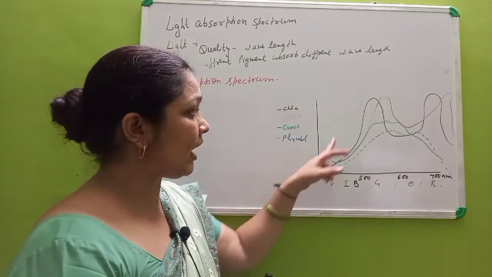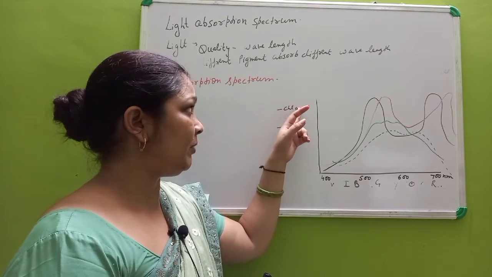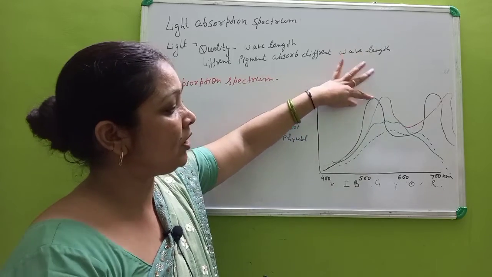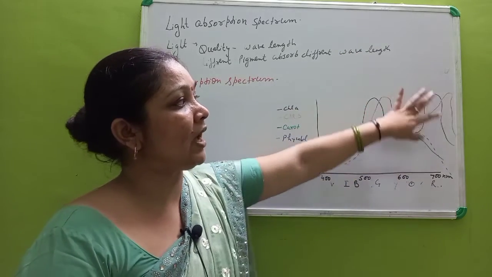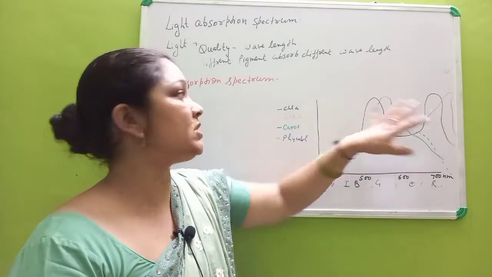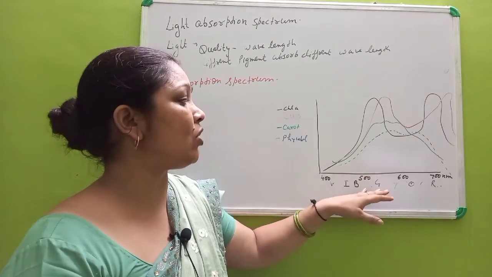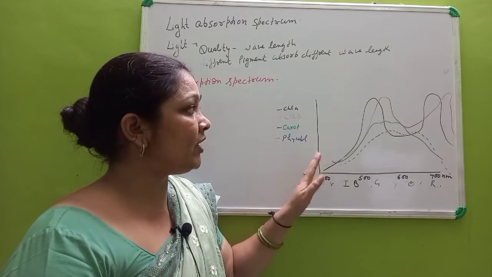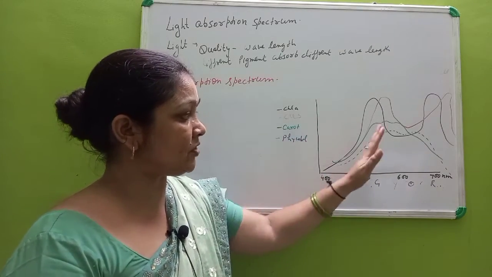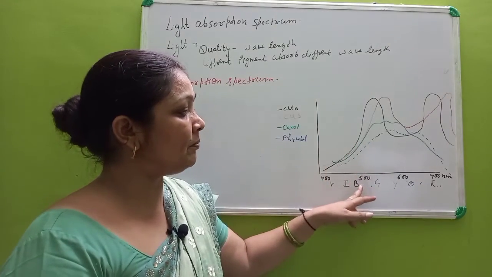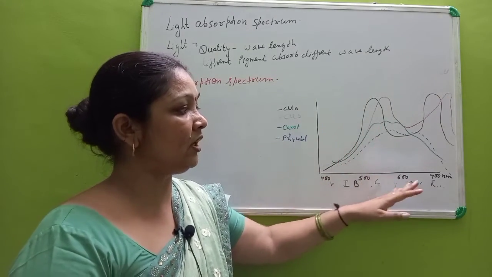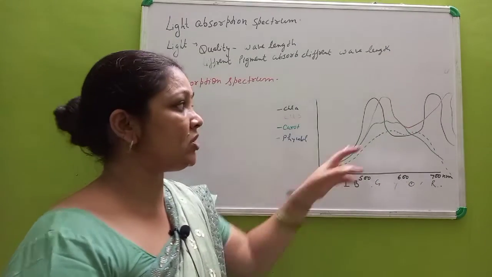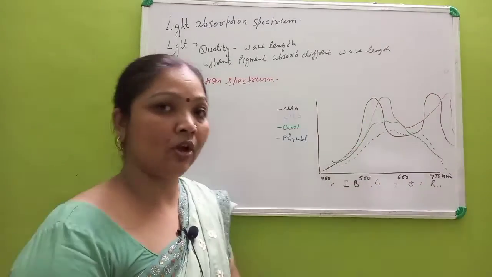So if we make a graph of absorption for chlorophyll A, its peaks will be shown at B and at R, that is at blue and red, meaning chlorophyll A is going to maximally absorb blue and red light. But if we talk about chlorophyll B, we see some shift: it will absorb light somewhat shifted toward the green and away from the red. So its peak is a little bit shifted from that of A.